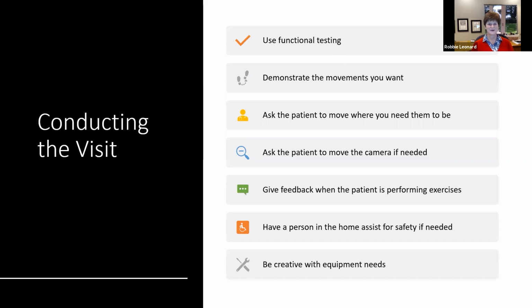Don't hesitate to ask the patient to move where you need them to be and give specific instructions like, back up 3 steps or move the camera. Ask the patient to move the camera if you need to move the camera. I found that I was using my iPad during the session, and I have a keyboard on it and it stands up, but sometimes I need to change the angle. So I usually put a yoga block behind the iPad to position the screen so that I could be seen correctly. So give the patient some suggestions. Hey, if you got a book, you can prop up behind that. So just be thinking through that before you start.